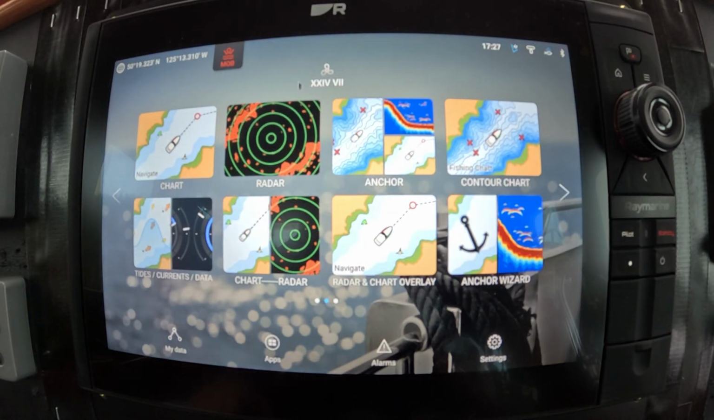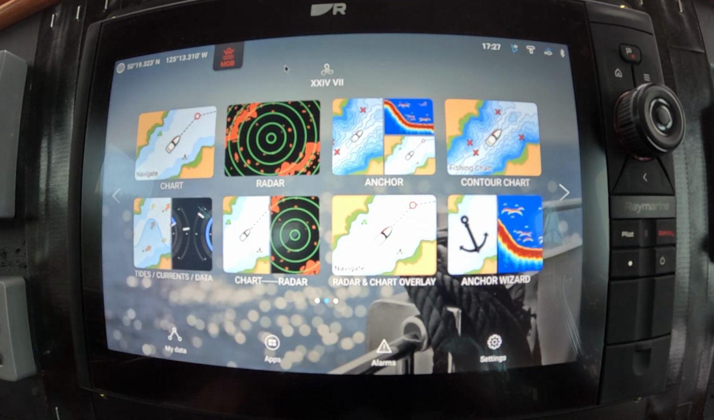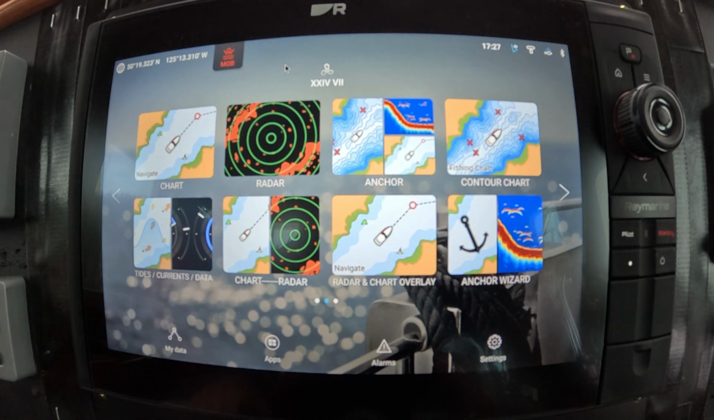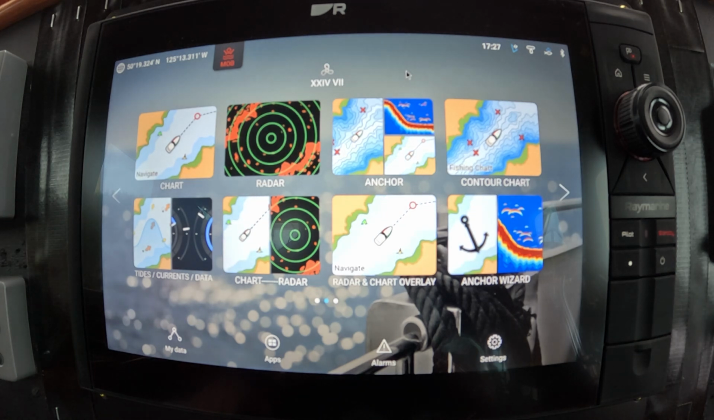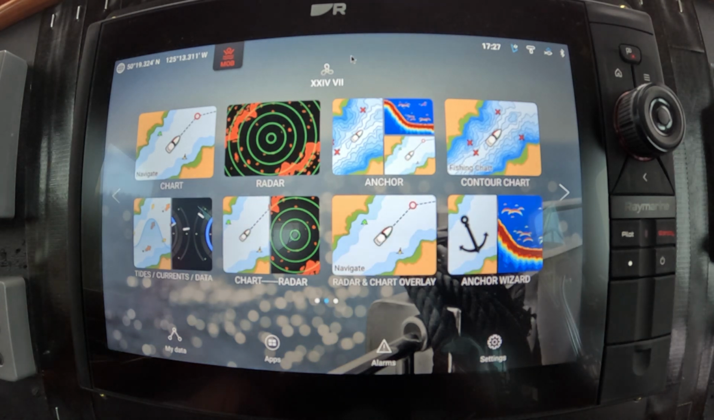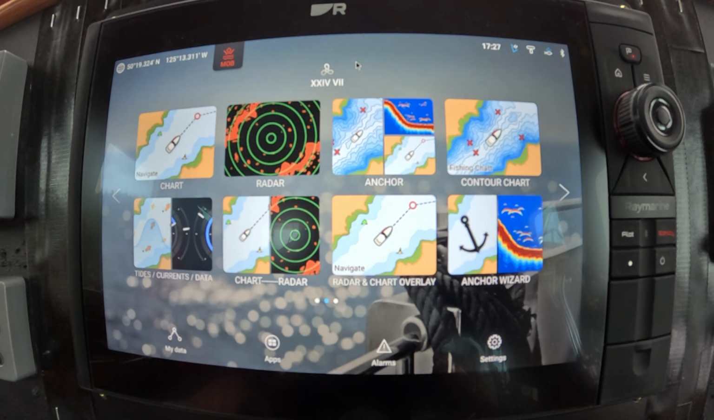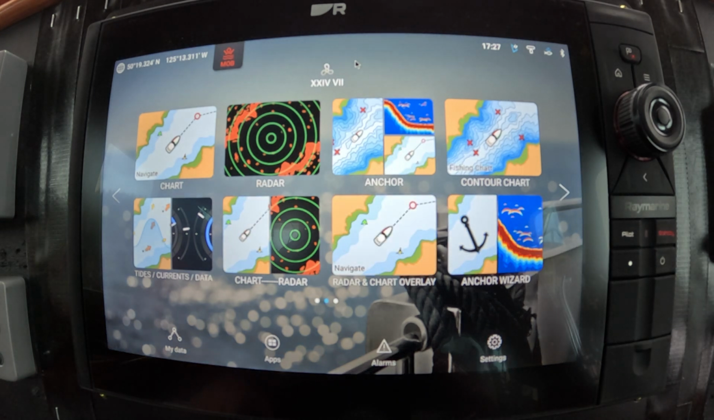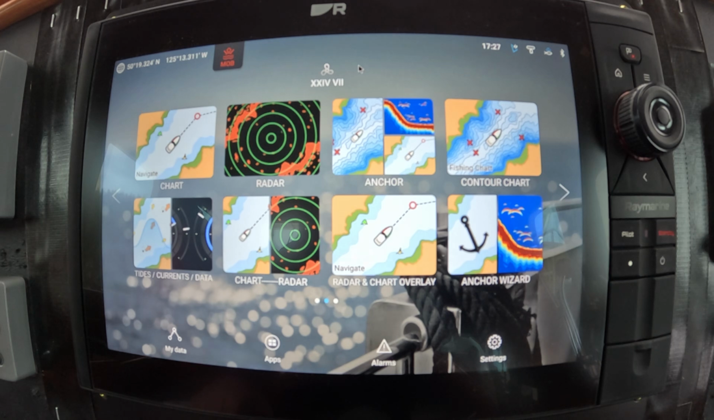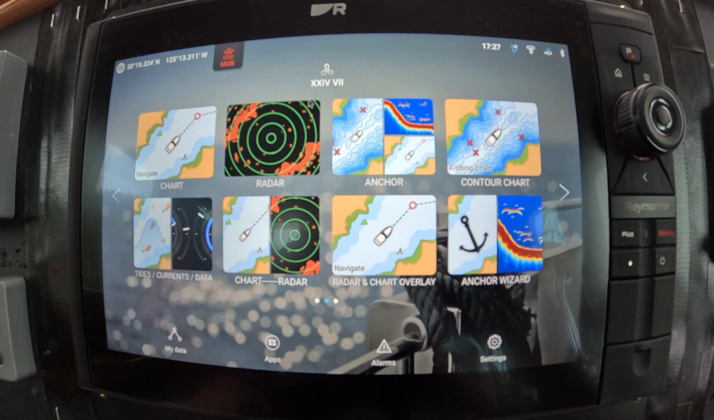Well, I'll give a little demonstration here of my navigation system that I had installed. It's interesting. This is an Axiom, of course, Raymarine. I'm not familiar with Furuno or Lowrance or Garmin. I'm sure a lot of the new systems are very similar, but this is Lighthouse 4, Raymarine Lighthouse 4 software